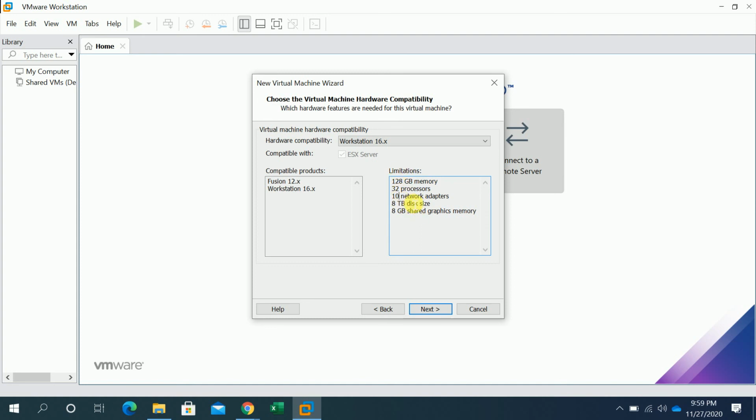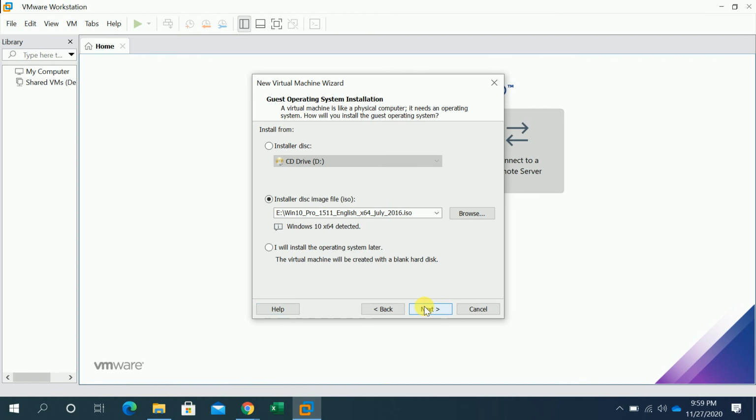I'm not going to change these, this is just showing the limit. I'm just going to click next.